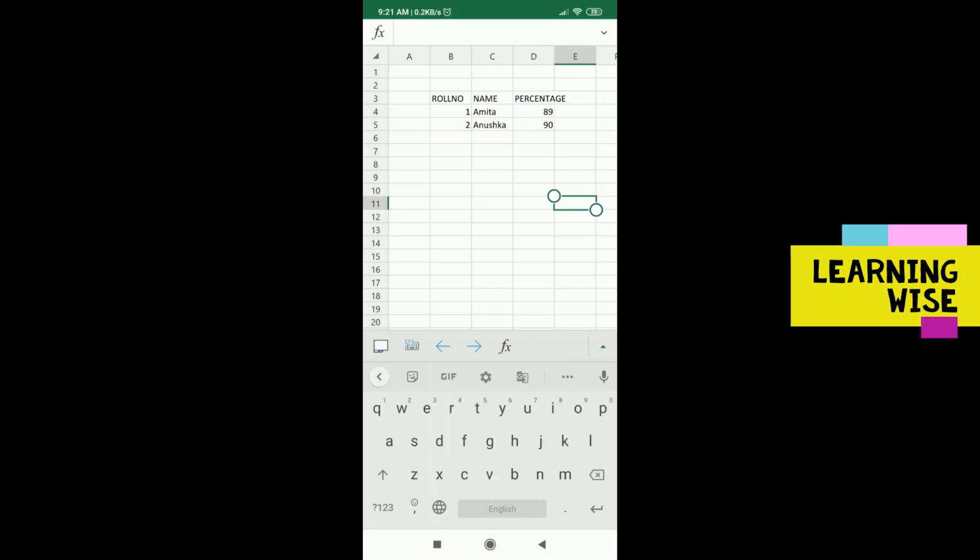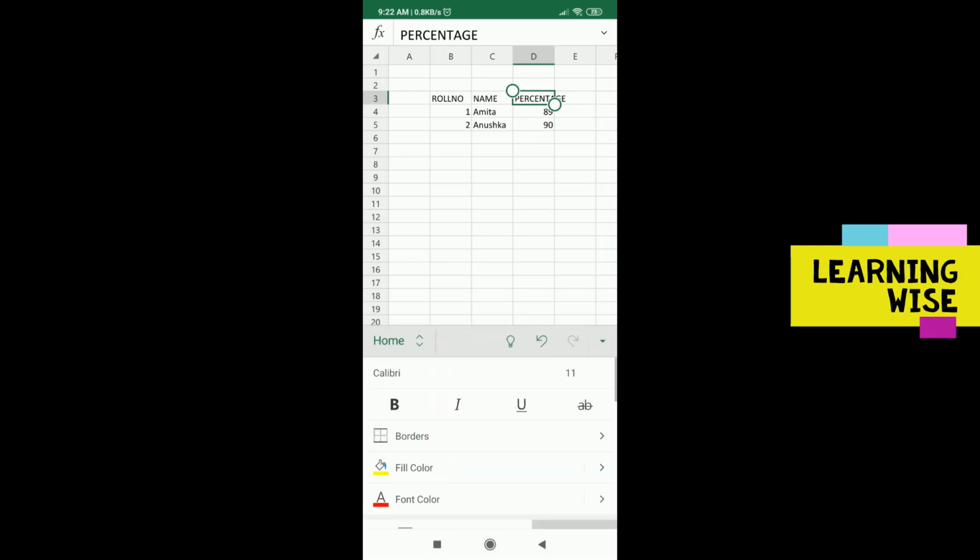Now the point is, as you can see, this column width is a little smaller. So how do we adjust the column width, right, so that the word percentage gets fit into it? Go to this arrow, and inside the home tab, you have to be in the home tab.